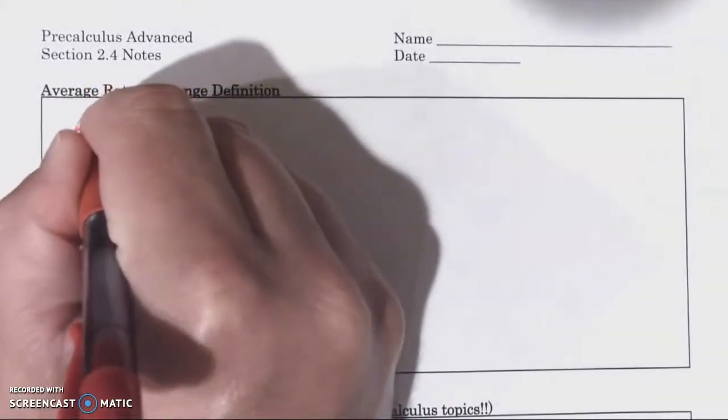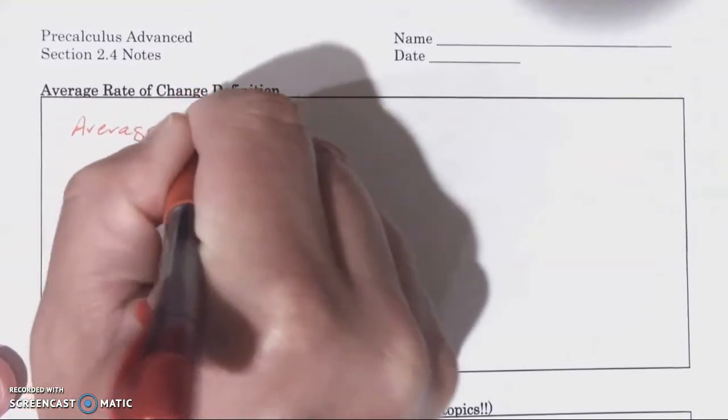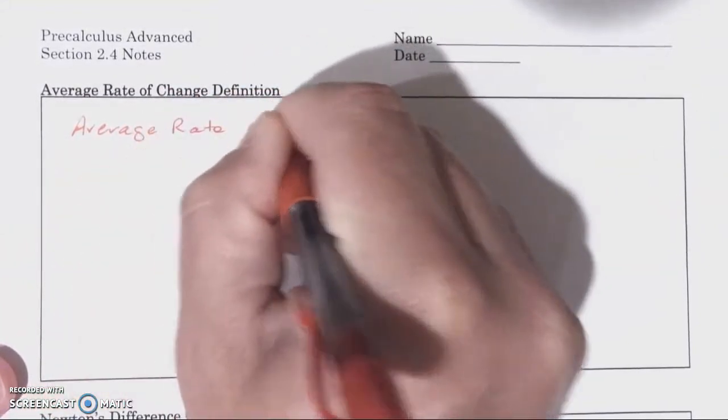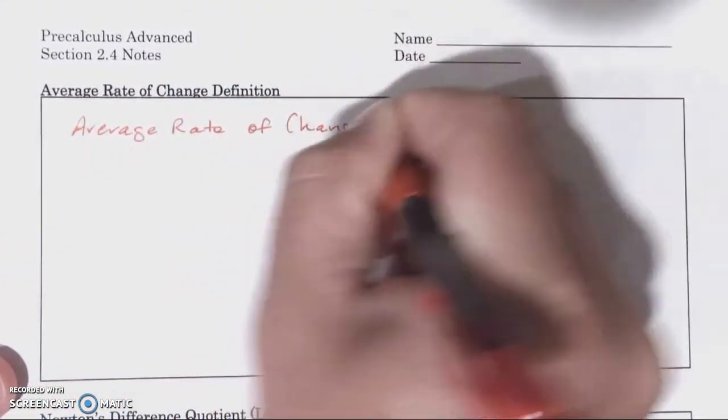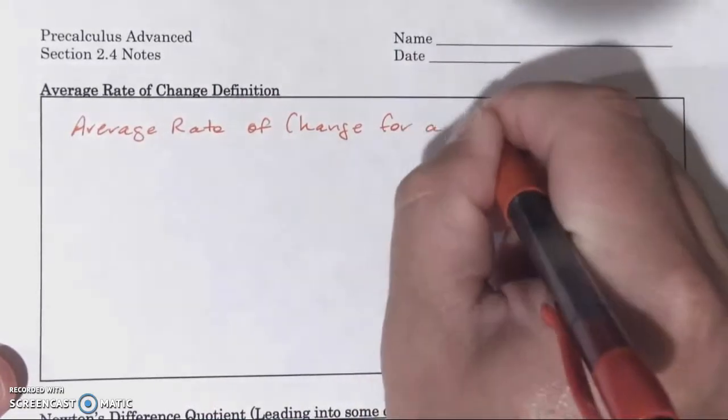So if we're thinking of average rate of change or rate of change in general for a function, and a function can be represented by a graph, I think there's going to be a word that comes back in play that you're very familiar with when we talk about this. So we're just going to jump right in with the definition. The average rate of change for a function